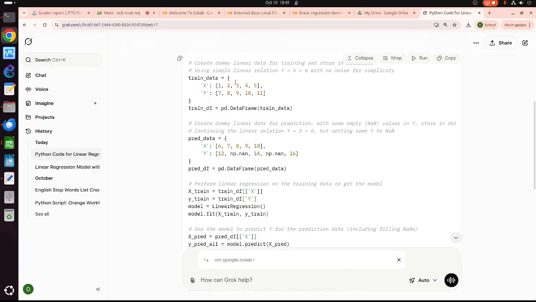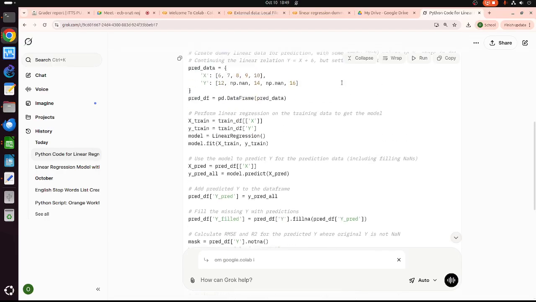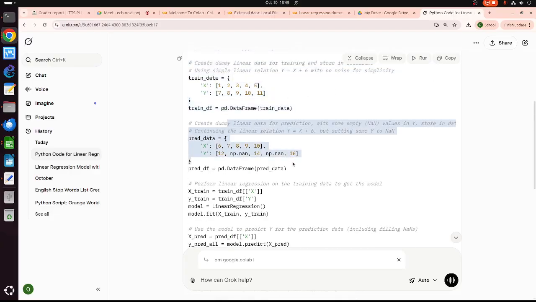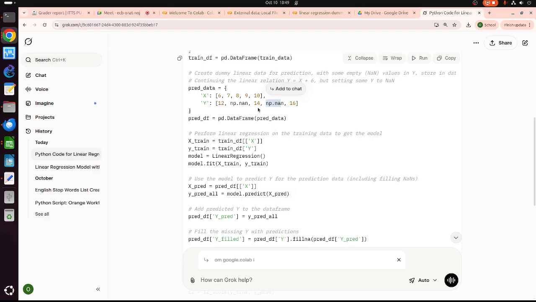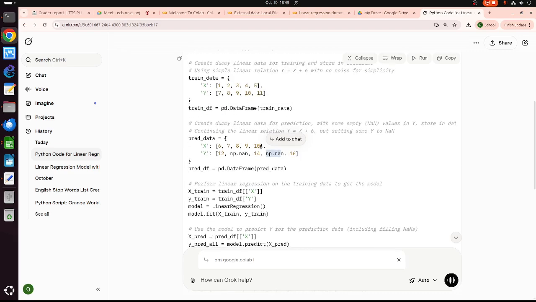The training data for the model is too perfect, so we are in big trouble because of this perfectness, but that's okay, because this is training data only. The dummy data for prediction is 1, 2, 3, 4, 5, and 6, 7, 8, 9, 10, with two not a number. We have 3 with numbers. Let me see. So this one is correct.